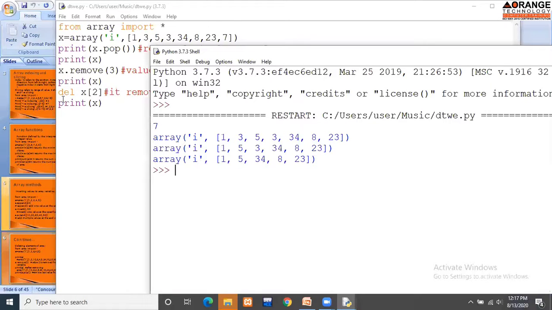So the next method is del x of index 2. So 0, 1, 2. The index 2 value was 5. So that means here the index 2 value is actually 3. So the 3 was deleted. So here you need to see 0, 1, 2. The second index value was